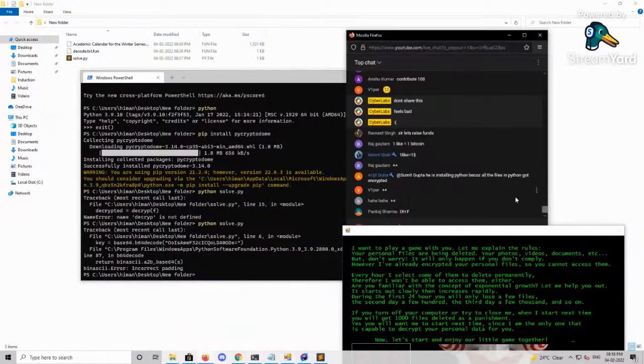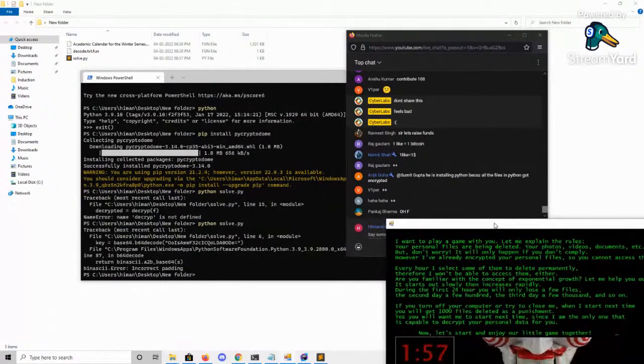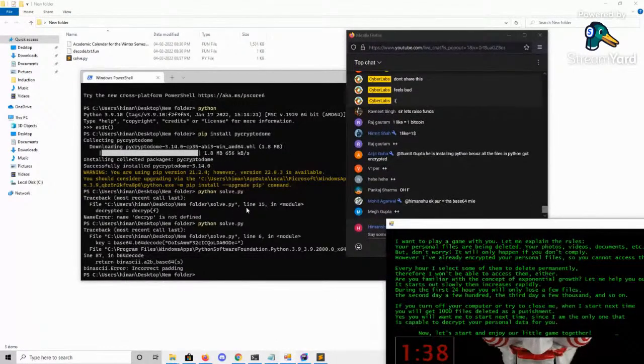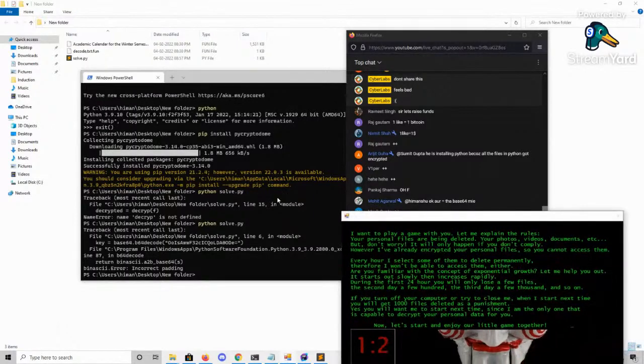क्या चल रहा है अभी? 1 लाख इक्वल टू 1 बिटकॉइन, प्लीज 100 लाइक दे दो किसी तरह वीडियो को।